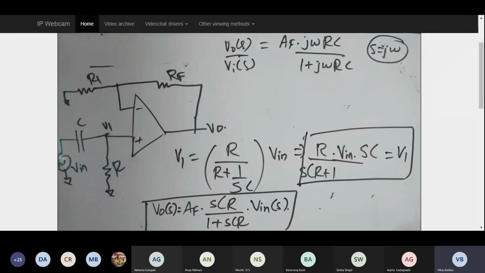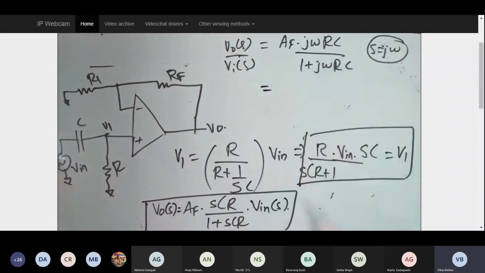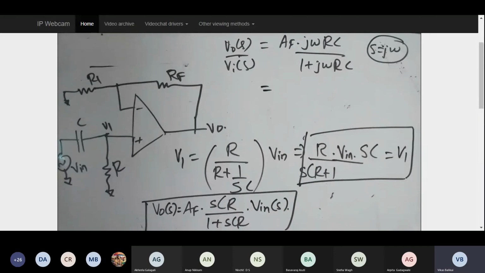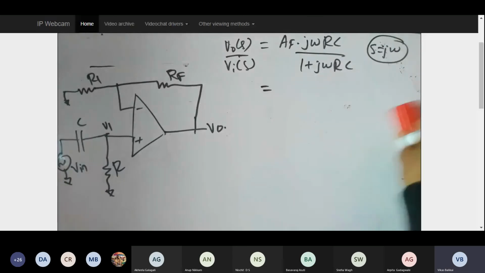So if I just want to simplify and try to keep it in this manner, let's try to represent it in terms of F by FL. So I think I did something like this. Let's look at what I've done here. I try to express J omega in terms of F.